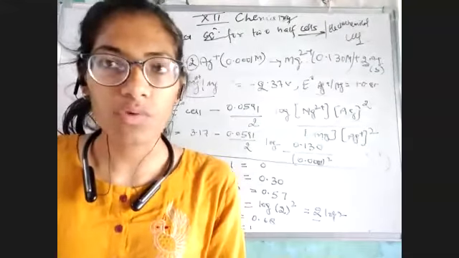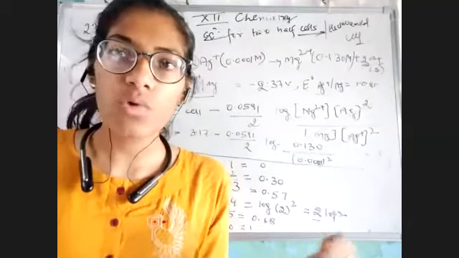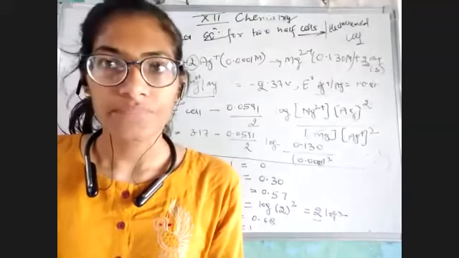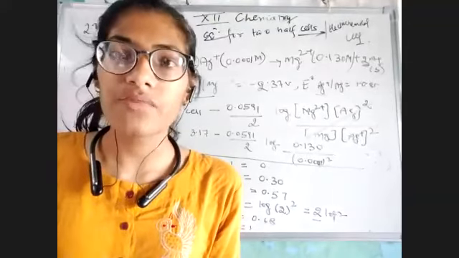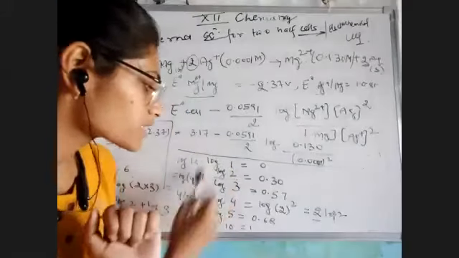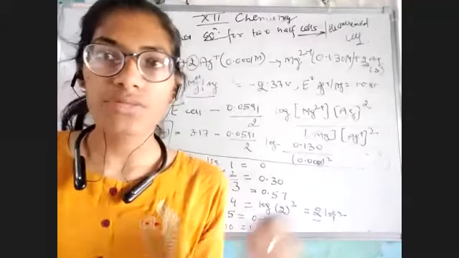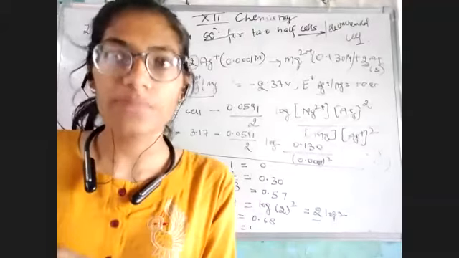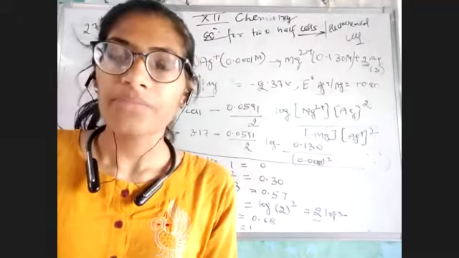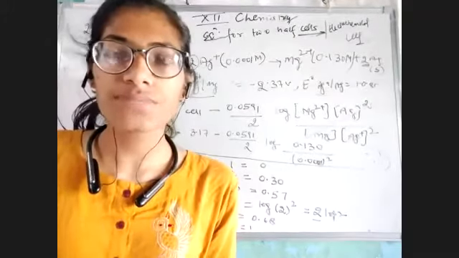Okay, so just keep that in your mind, write it somewhere in your notebook, so that you can easily solve the questions based on the Nernst equation. Moreover, when we start our chapter number 4, that is chemical kinetics, we will use this table also there. So that's why I'm stressing so much on this topic, so that my time would be saved, definitely. Okay, so this was all I wanted to say. This is complete about my Nernst equation.